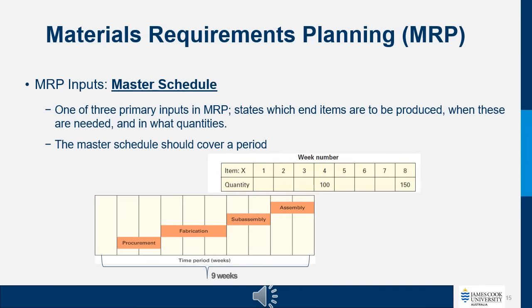Some of the inputs, as we mentioned, for MRP, like the master schedule. One of the primary inputs of MRP is to set which end items are to be produced, when these are needed, and in what quantity. So the master schedule